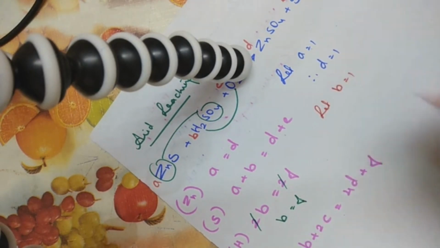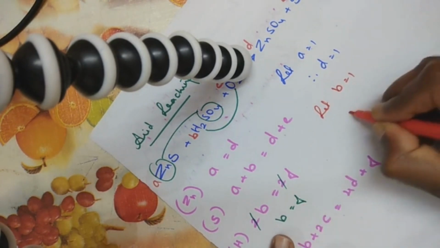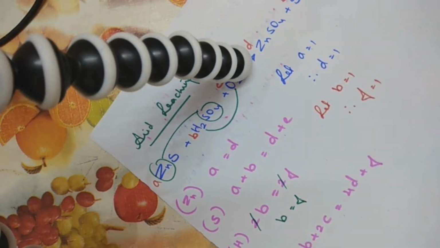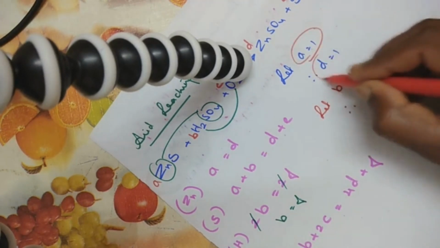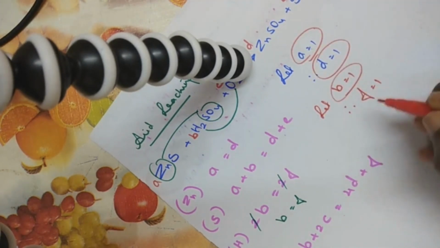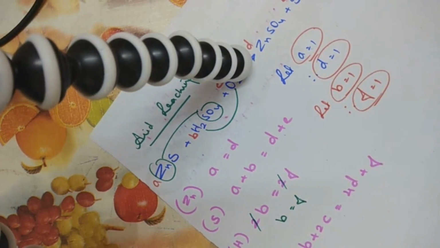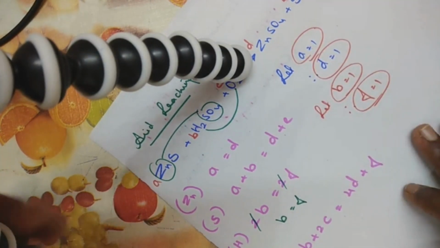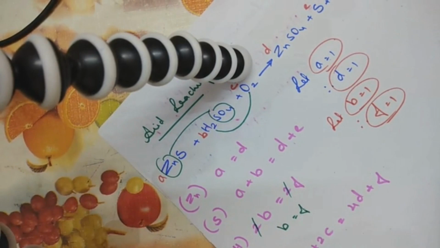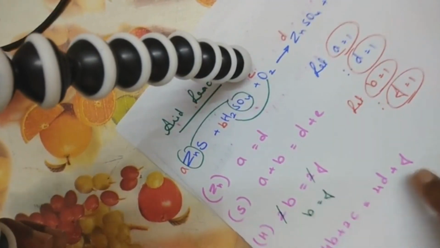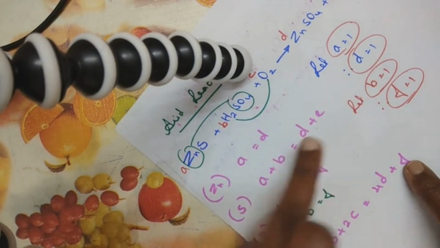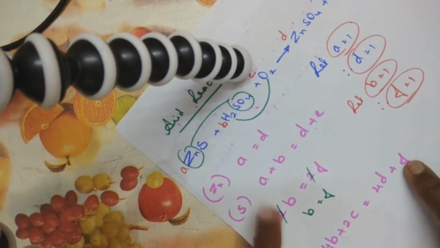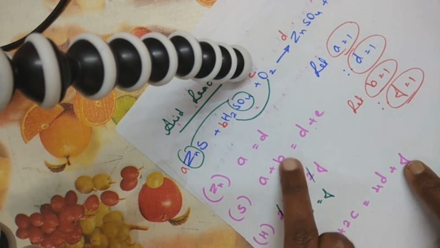Let B equal 1 and therefore F is also equal to 1. So now you have four values: the value of A, D, B and F. Now how many more values do we need to find out? We need to find the values of C and E. I know the values of A, B and D.